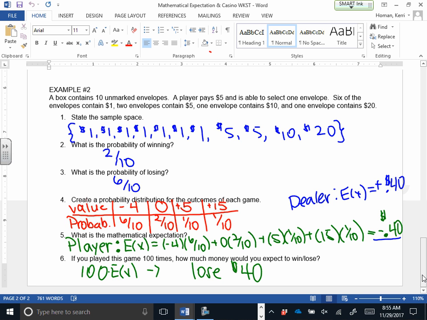Okay. So what I have for you, and it was supposed to actually go on the back side of that worksheet, but we had a little miscommunication with the copy machine. I have 5 games on this sheet of paper here. And what I want you to do is do like we did here, figure out the sample space, probability of winning, probability of losing, mathematical expectation, and then how much we're winning or losing for 100 games. So it's going to look very similar to your notes, okay? In addition,